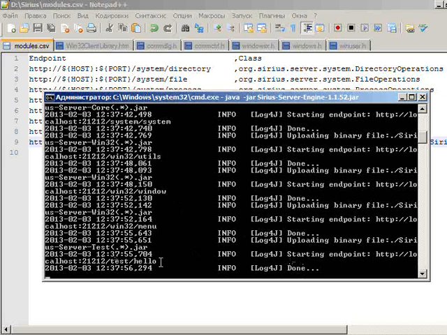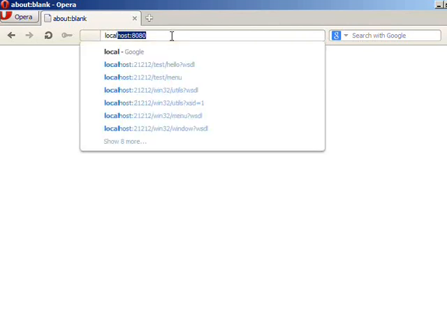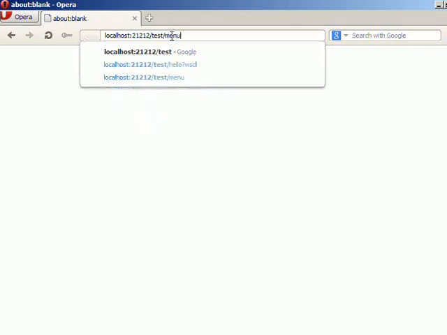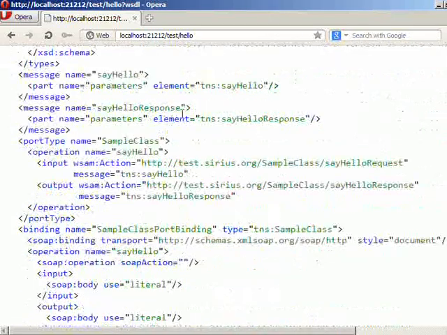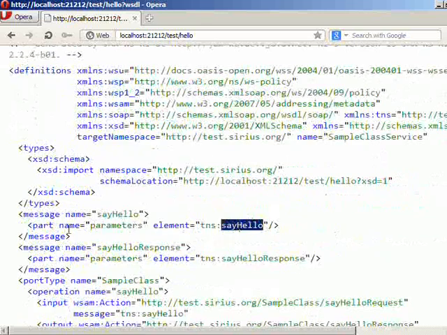So in order to check that it really works, we should open the browser and reference its WSDL location. For this purpose we should type the hostname, then we should specify the endpoint test hello, and we should set question mark WSDL. If we see the content like that, it means that our endpoint was successfully started, and we can see that there is say hello, which is our method,